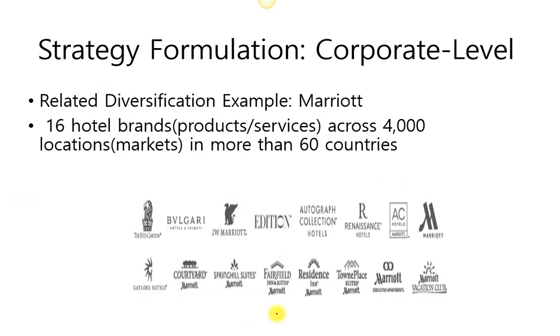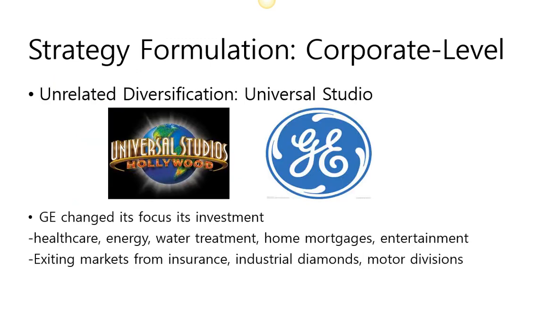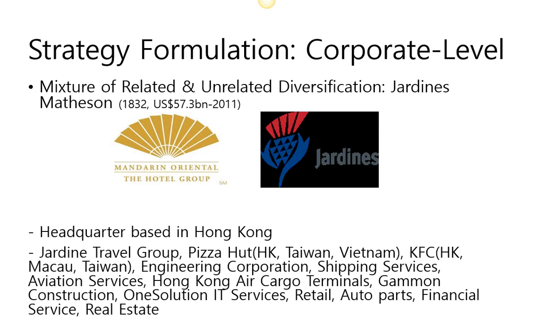So what is an example of related diversification? Marriott, yeah. 16 hotel brands in 60 countries. They only diversify with their hotels. Whereas for unrelated diversification, an example: we all know Mandarin Hotel, yeah, because we're hospitality students. They do a mixture of related and unrelated, but